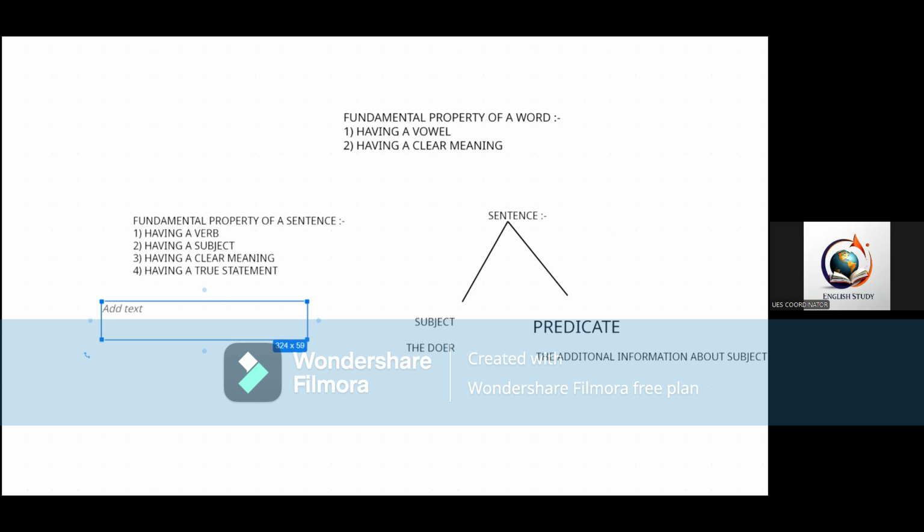In real usage, an objective complement is a word or a phrase or a group of words that tells us something